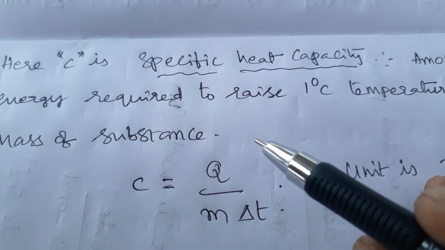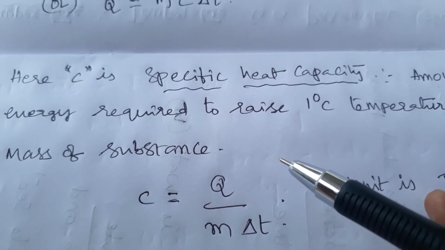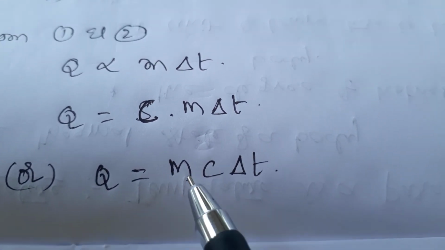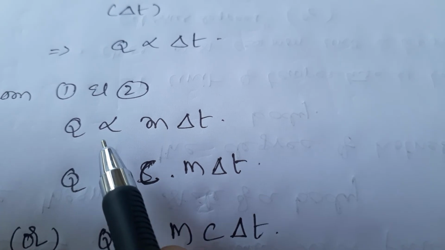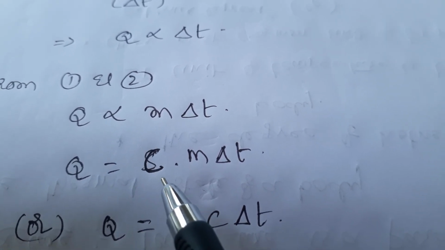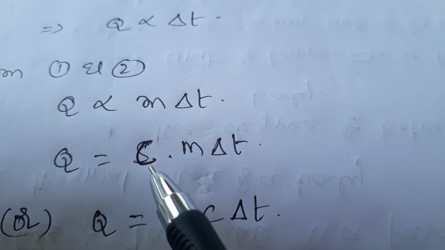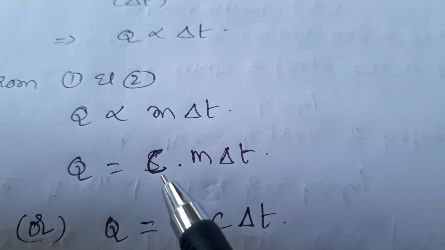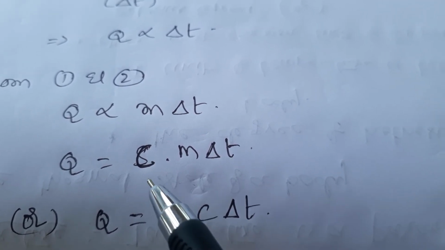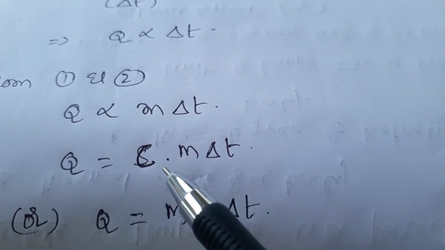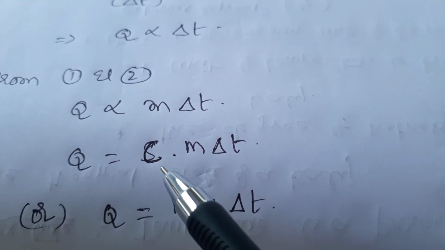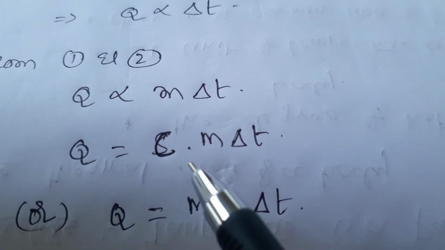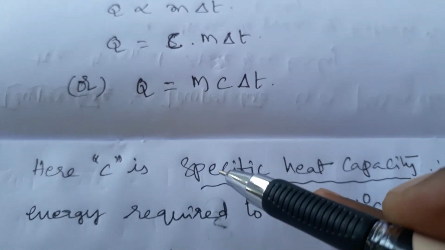This specific heat depends on the nature of the substance. So that is why this formula is not equal for all bodies. It depends on the substance, for example water, iron or copper. We have many different substances in nature, and all substances will not absorb the same heat energy. That depends on the nature of the substance, so this value may change. That is called specific heat.